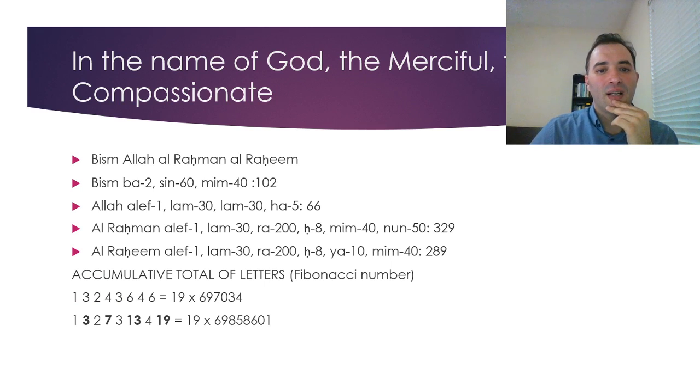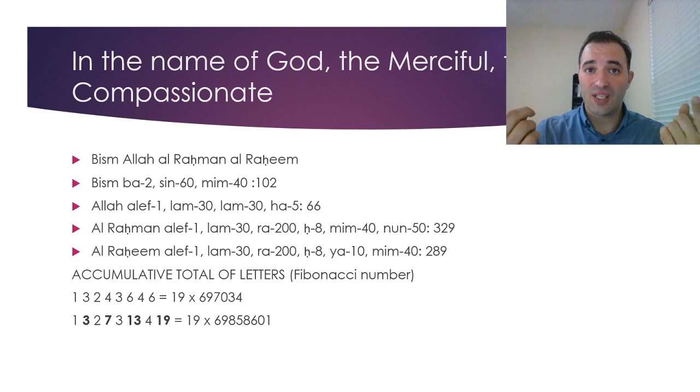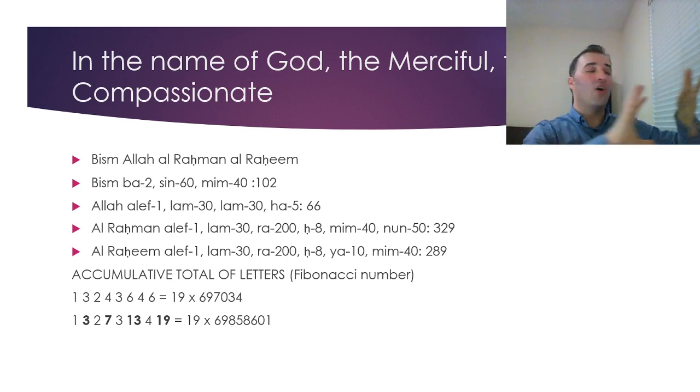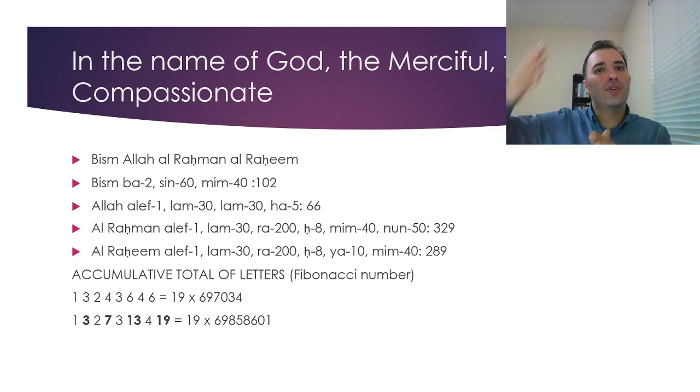Now, Fibonacci number, accumulative total of numbers. If you're going to see the video that I put, you're going to see how Fibonacci number works. It demonstrates a very powerful mind behind all the things in the universe. It was discovered 500 or 600 years ago, not 1400 years ago. This is not a new thing. So it's accumulative